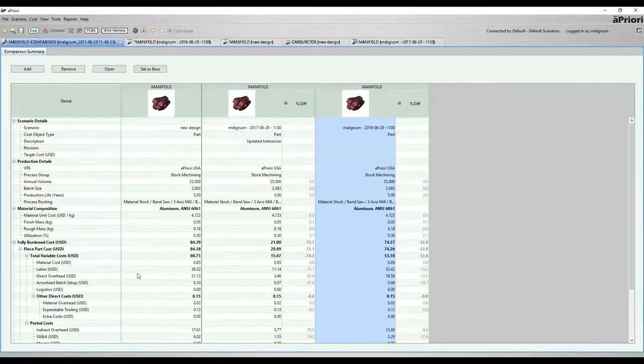That was a full tour of how we would work from understanding how our overall project is tracking relative to our target cost and working our way all the way down to investigating an individual component. With that, I'm going to pass it back to Rick Hyde, who's going to walk through a couple of customer